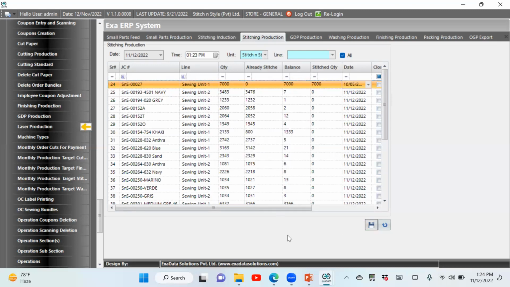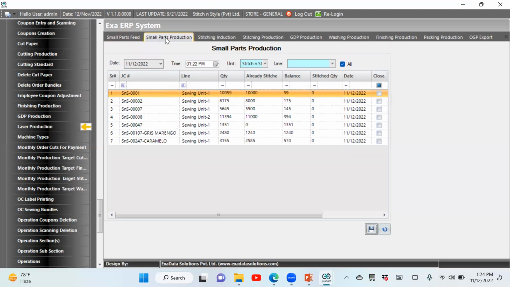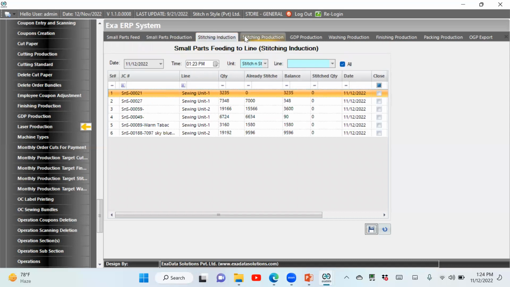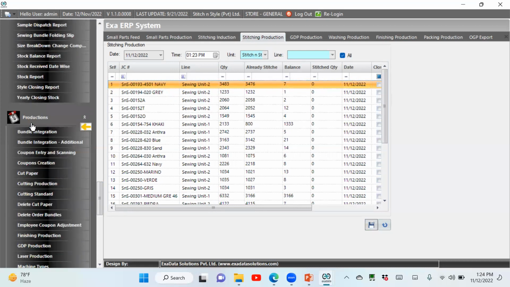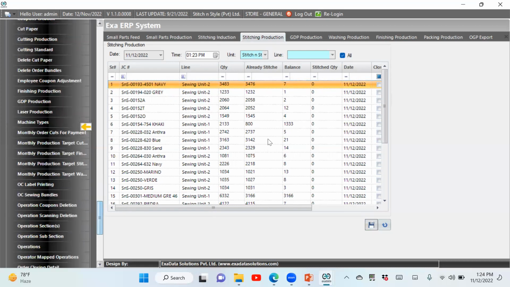So here I would like to brief you कि अभी तक हमने 4 forms को fill किया है, जिसमें small part feed, then we go for the small part production, and then stitching induction and stitching production. All of these forms you can find in the catalog of production. Okay, so moving towards the GDP production,